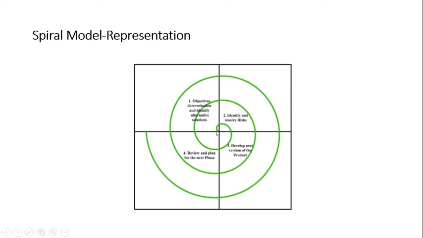Let's suppose our software, if it is a small one, can be completed in a single cycle. We don't require another iteration. If it is completed in one cycle, that means it corresponds to a waterfall model. What is the waterfall model? It's a linear sequential model. You start from one end, continuously follow all the phases, and finally your product is developed and you deliver it to the customer. So your software is developed in a single phase itself, similar to a waterfall model.